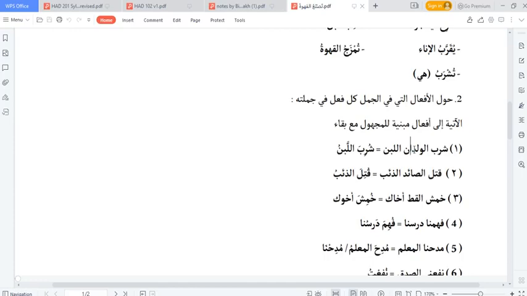So we are not looking at our fa'il again since we've removed it. So what we are focusing on is the noble fa'il. It's going to determine how we shape our verb. So we have Sharib al-Waladan al-Labana. After removing Waladan, we are left with Sharib al-Labana. Then we change Shariba to what? To Shuriba. We change Shariba to what? To Shuriba. Why? Because Laban is what? Is a masculine noun. So it's going to affect the shape of the verb, and